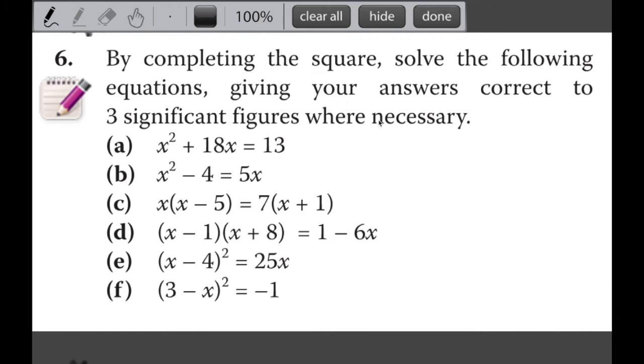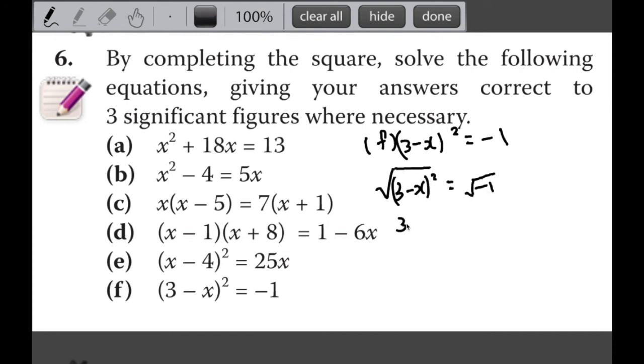The last question now, 3F. If you think that, okay, this looks like the completed square form, I want to root both sides, I can get 3 minus x on this side, but what is square root negative 1? Your calculator is not able to give you an answer for square root negative 1. That means this question,